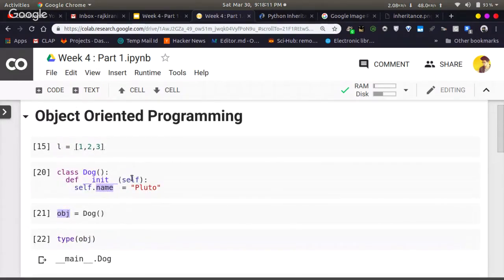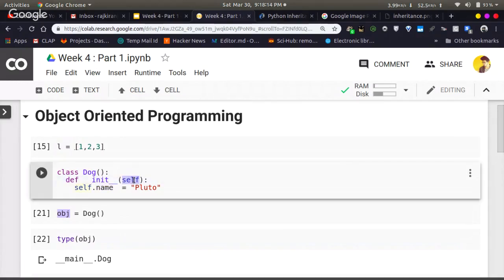So now comes the concept of self. Okay, in order to tell the class that this is a variable belonging to that class or a method belonging to the class, you need to make use of the self keyword. Okay, so when you are creating that function, you have to specify self as an argument. Whenever you are creating a variable that is associated with that class, you need to explicitly use self dot followed by the name of the variable. Okay,